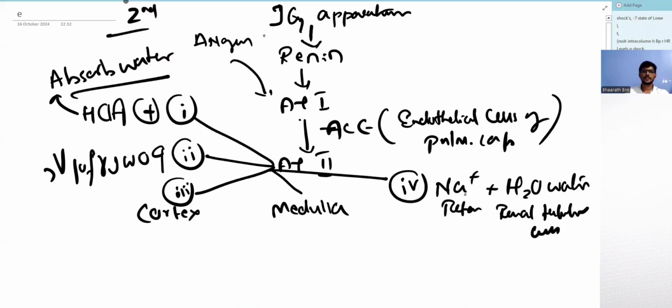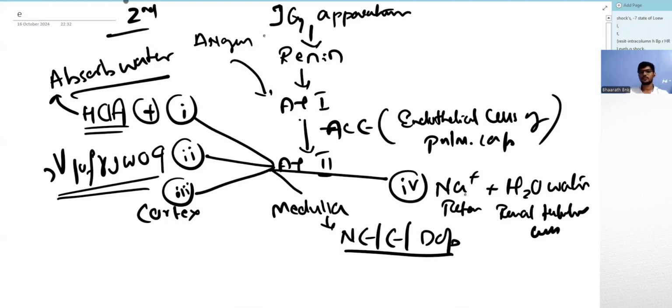Right? So the angiotensin itself can activate the release of ADH. It is a powerful vasoconstrictor, almost 8 times stronger than noradrenaline. So it can cause the activation of renal tubules and conserve sodium and water. It can act on the medulla and release norepinephrine, epinephrine, and dopamine, which all lead to activation of the sympathetic system. And that increases systolic and diastolic BP.